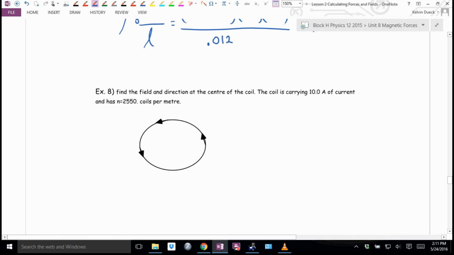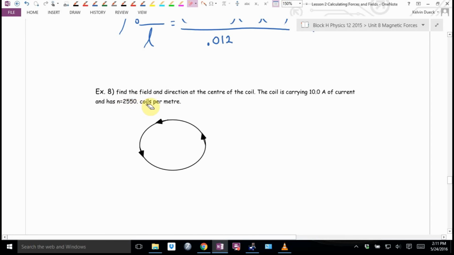Example 8. This was my attempt to do a 3D drawing. We're looking down the end of the solenoid. In other words, all of you imagine you're doing this. That's why you just have the single piece of paper, or the single circle. You can sort of imagine, if you really want to go 3D, kind of that, but I just couldn't get that to work very well. It says, find the field and the direction in the center of the coil. The coil is carrying 10 amps of current, and it has, look, little n,